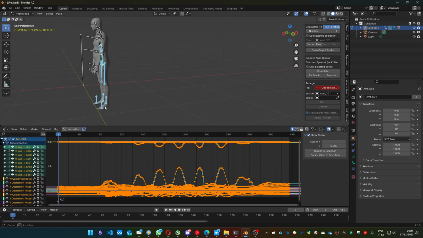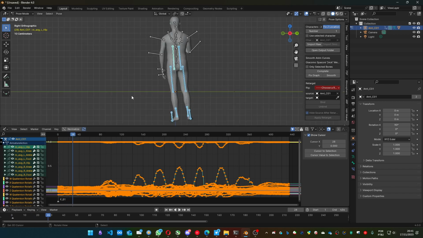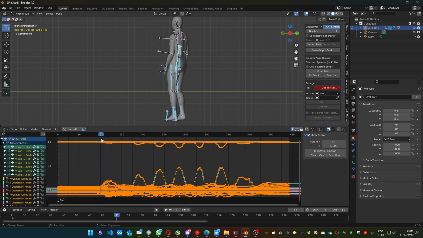Then you scroll through the animation and focus only on the legs. Let me put it on this side. Is there any significant movement from the legs, the selected bones? For now, no. And you can watch this graph. It will give a hint where it's the best place to select a marker. So here we can see it starts rotating, so I'm gonna add a marker here, and here we have another interesting part. Create a marker, another one here,